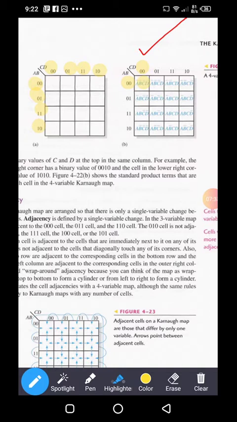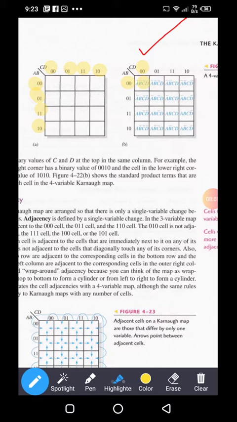Because A, B, C and D, all variables have value 0 for this cell, and you can see A bar, B bar, C bar, D bar written into this cell. All variables are written in complemented form.